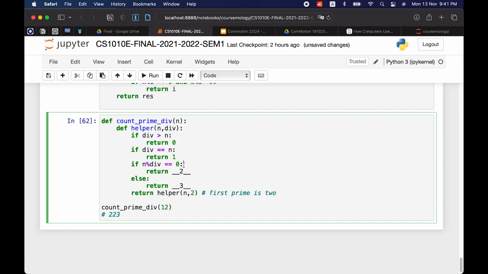That means n is divisible by the divisor. Then what would be a good shift there? If it's divisible,